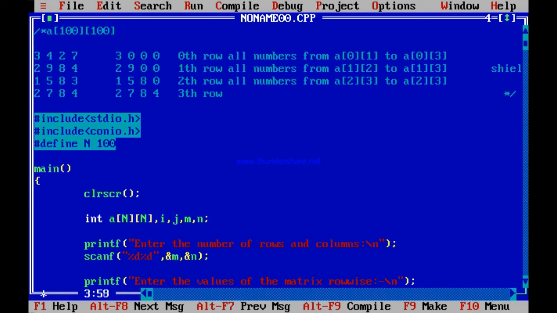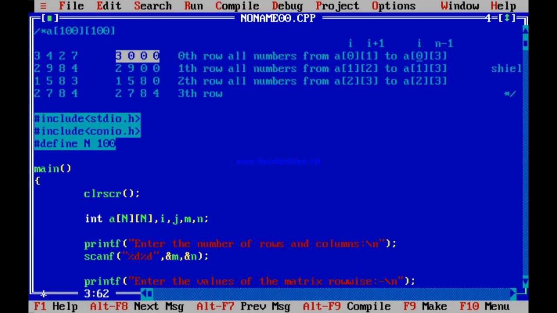I plus 1 to I3, not 3. 3 is what? 3 is the number of columns. So what is that? N. So it is basically from I. This is I plus 1. And what is this? This is I. And what is this? This is N minus 1. Number of columns are 4. You have gone up to the number of columns. The last element in the row is the last column, is not so? There are 4 columns. So you have gone up to A03. That is N minus 1.